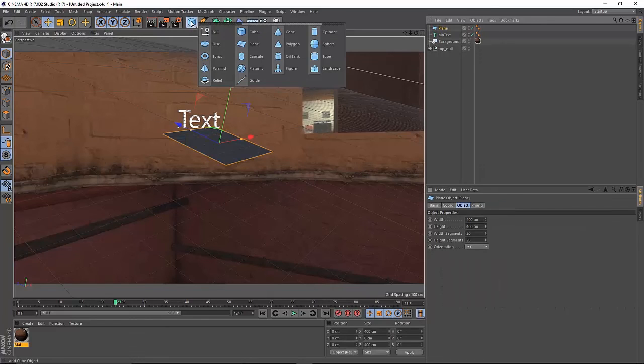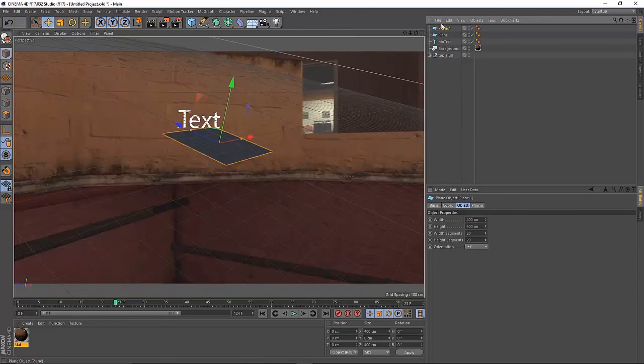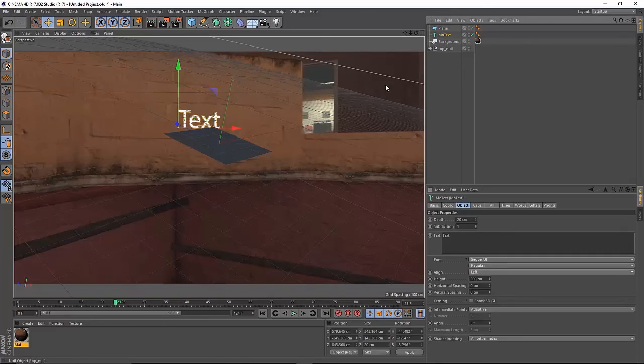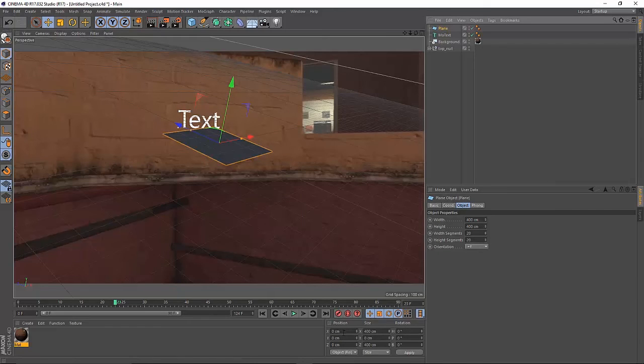Now what I want to do is create a plane. Go up here onto this cube and go plane. Now what you want to do is go onto your text and copy the X angle down here, and then you want to go onto your plane. Just you have to be quick at this. We're going to press Ctrl V,